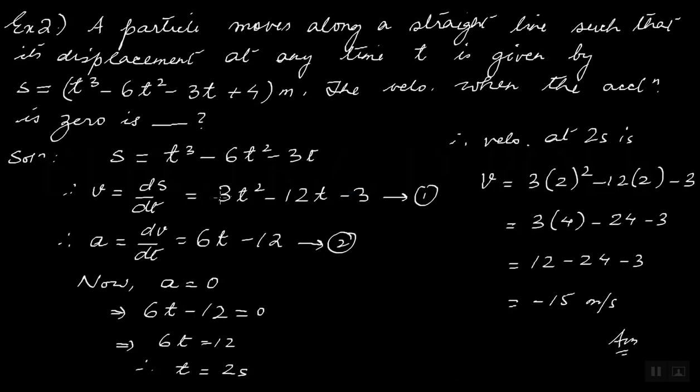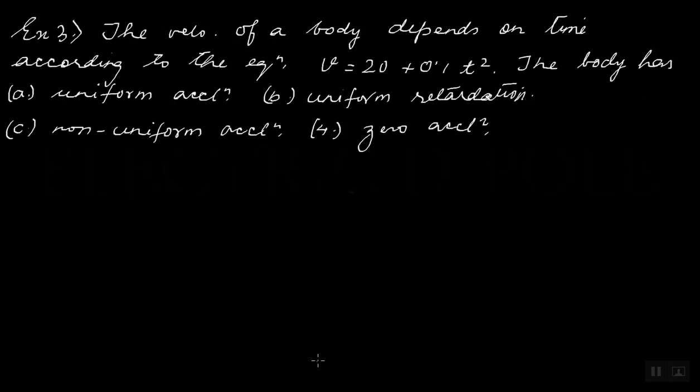Okay, let me just check once again. Velocity 3t squared, that's correct, minus 12t minus 3, that's correct. Acceleration is 6t minus 12, that's correct. So at 2 seconds, this will be 3 fours are 12, minus 12 twos are 24, minus 3. So that will be 12 minus 24, which is minus 12, minus 12 minus 3, minus 15. Okay, that's correct. Okay, the next exercise: the velocity of a body depends on time according to the equation v